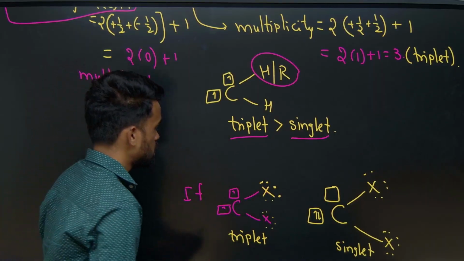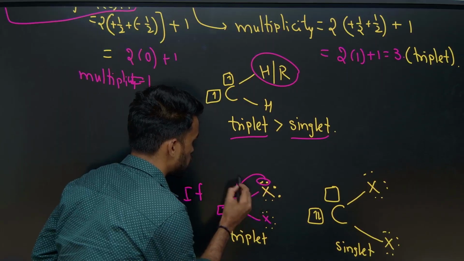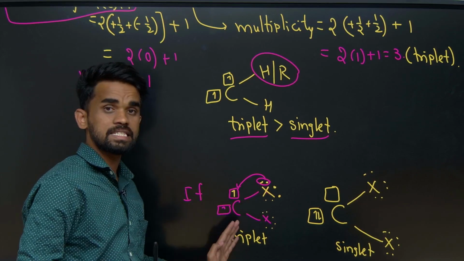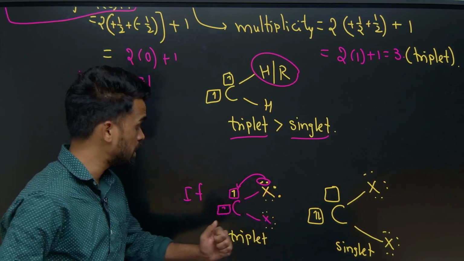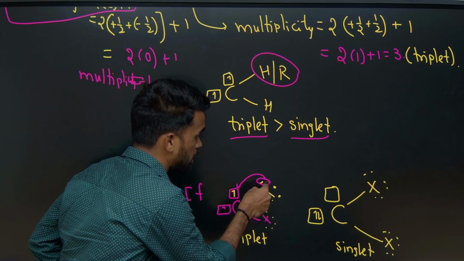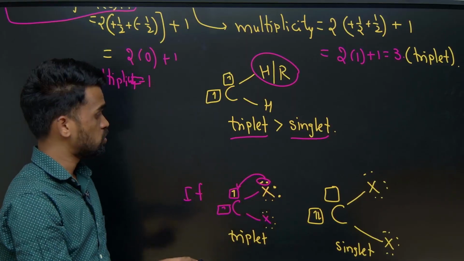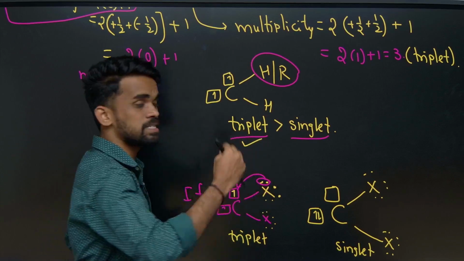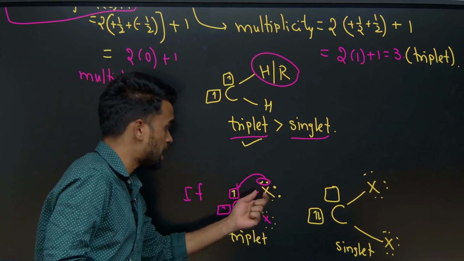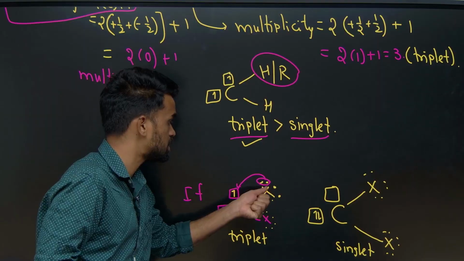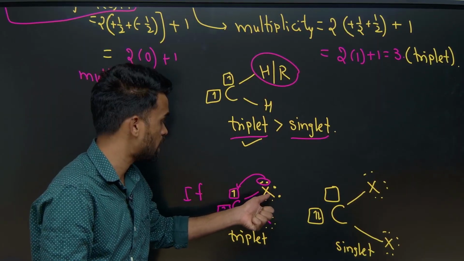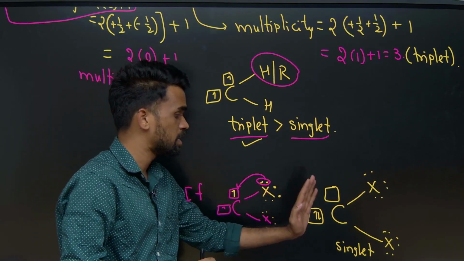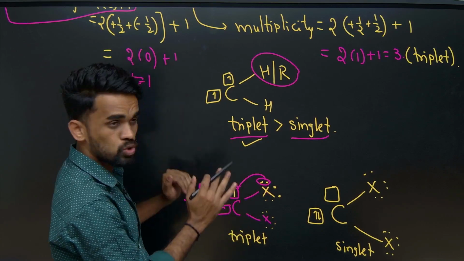How do we say? Due to the repulsion between this electron and the other unpaired electron, triplet carbenes are less stable than singlet carbenes when the attached atom contains non-bonding electrons. Once again, if there are no non-bonding electrons, the triplet carbene is considered more stable. If the attached atom has non-bonding electrons, due to these repulsions the triplet is considered less stable than the singlet. I hope you got the difference from here.